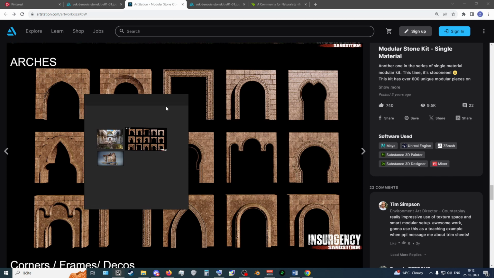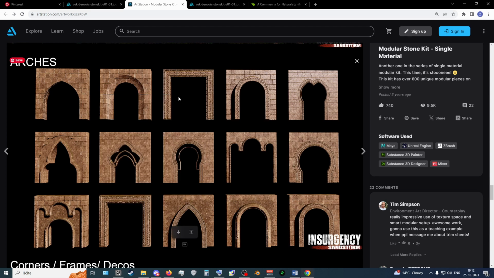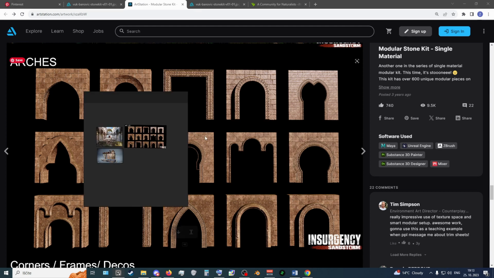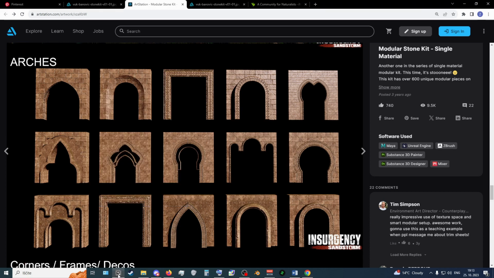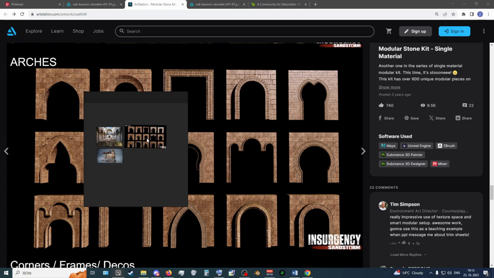If I want to disable that, I press Ctrl Shift and A, and now it's going to disappear. However, I don't use that very often. The whole point of this is to constantly have images on your monitor. If I want to make it go away, I just click down here. The most useful feature of PureRef is that you can make it transparent. If you hold Ctrl and press plus or minus on your numpad,